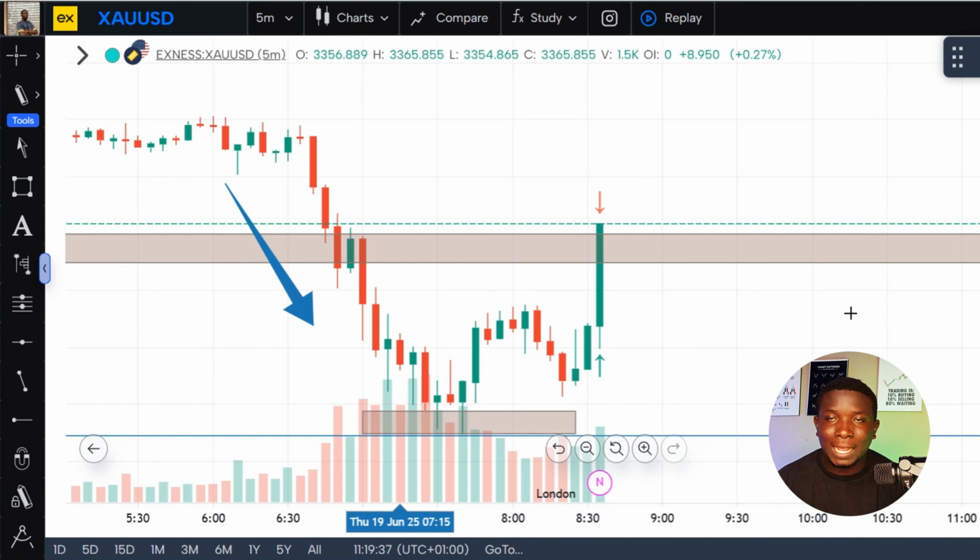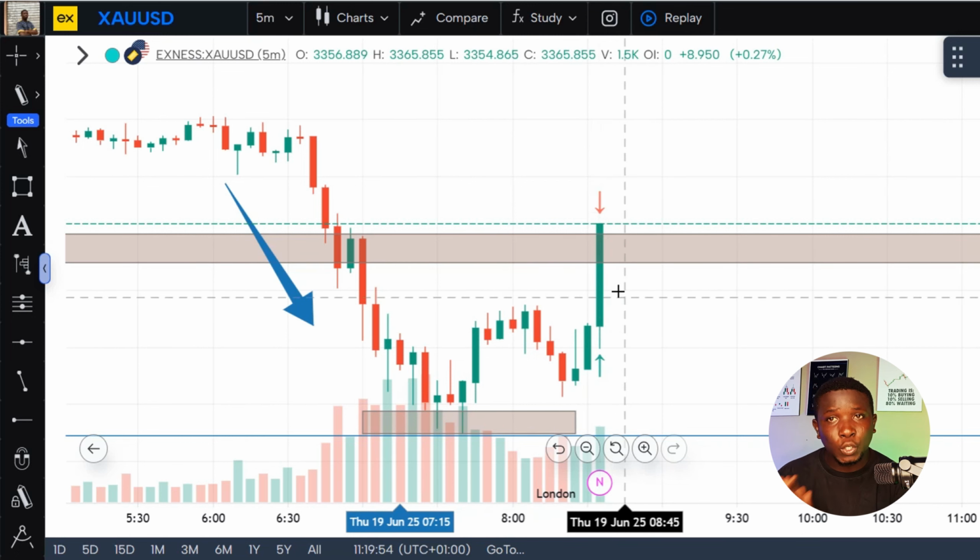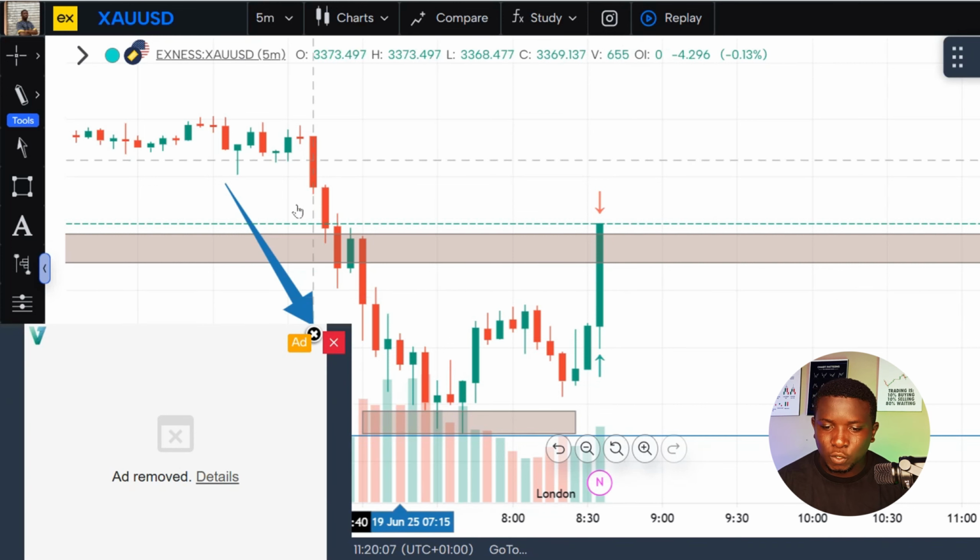That was a bullish candle and it has high momentum. What I wanted to pay very close attention to in this particular analysis is the momentum of the bullish candle that actually broke this liquidity right here. Could you see the momentum? That was huge, right? The momentum that broke that key level was a very huge one. So it is more likely for this market to go to the upside, all right? More likely for this market to go to the upside.